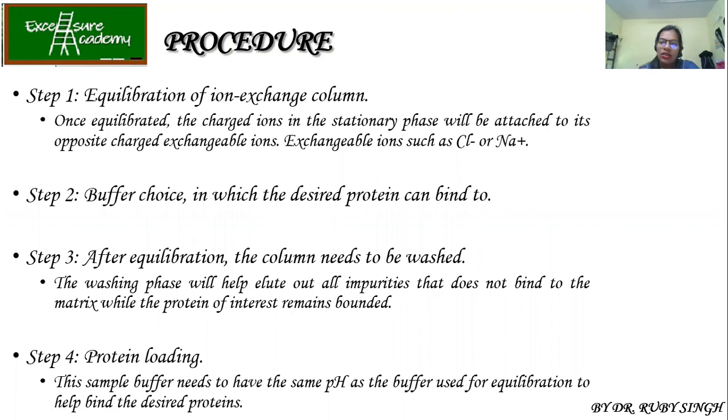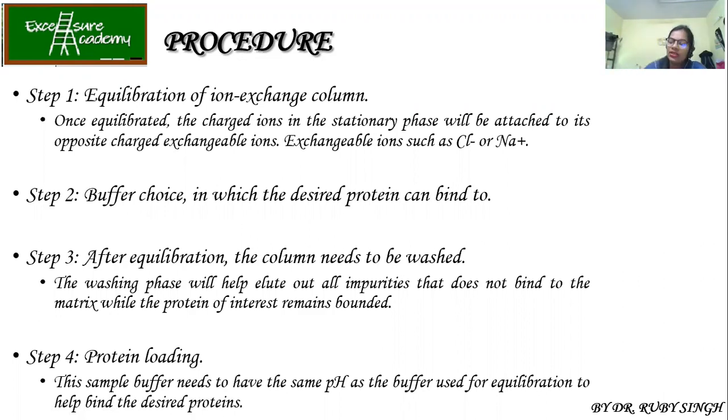At the bottom, you have glass fibers. The glass fibers will not allow your matrix to pass through, but only allow the proteins and the buffer to pass through. Only the liquid can pass through and the solid matrix will not. Now you need to equilibrate the column. With the buffer, you keep on adding until the matrix reaches the particular pH in which the protein you have dialyzed is present. So you cannot change the pH here and there.